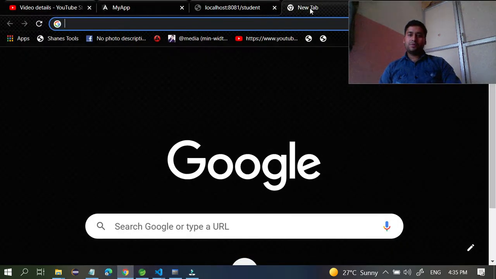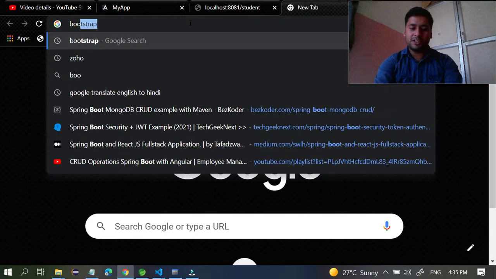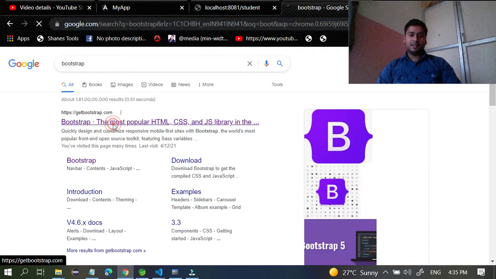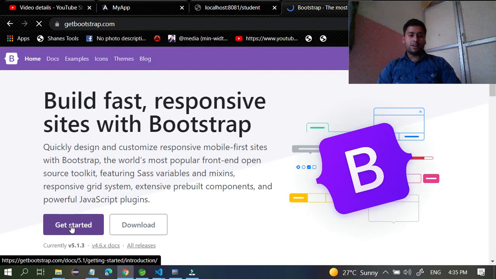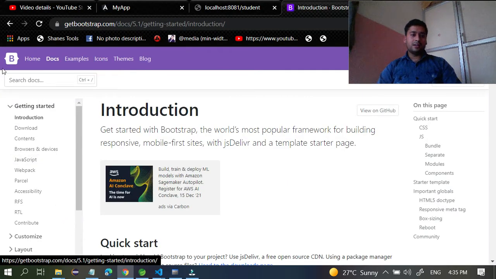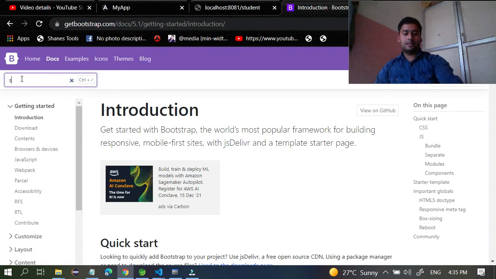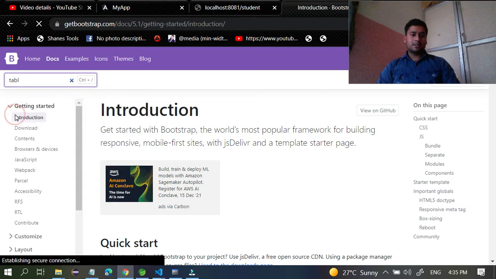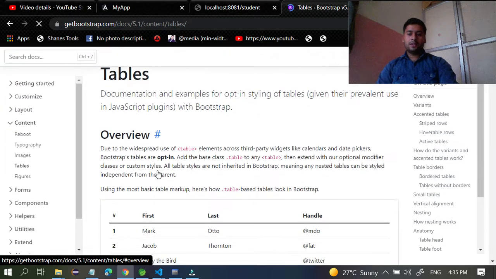So for this format, go to the browser and search Bootstrap. Every time I am using Bootstrap only. It's very good for me and for my understanding also. Here you search table, and once you get the tables, click on this, go down.